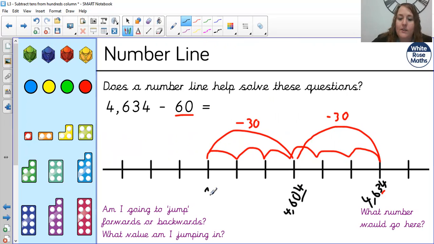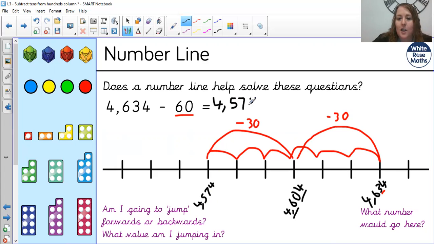So I can pop my 70 in, and I know that my ones column, that one won't change. But very similarly to the other day, we had 46, but I've now got to take 1 off from that, so it would be 45. Hopefully you're seeing those mental calculations start to pair up. And if you got the answer